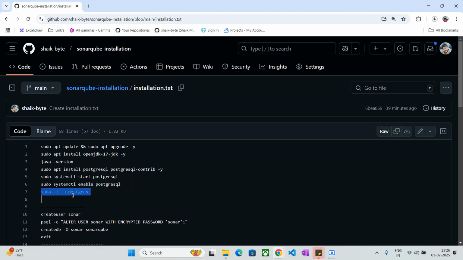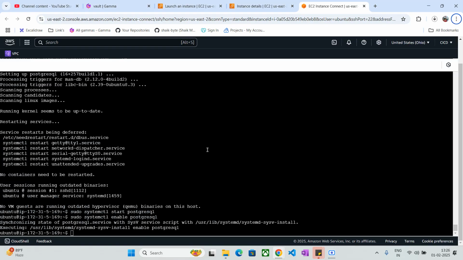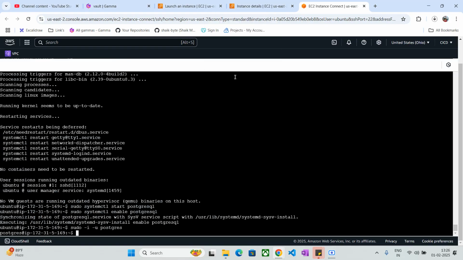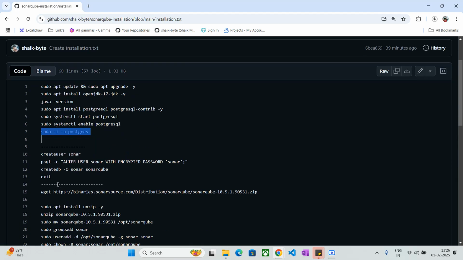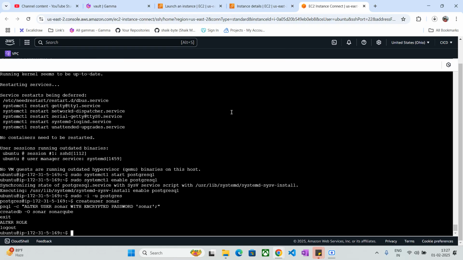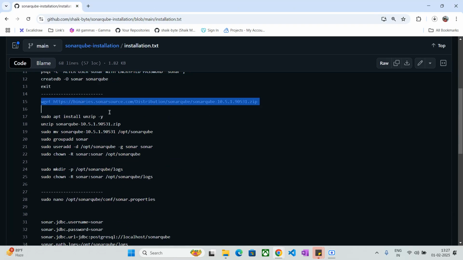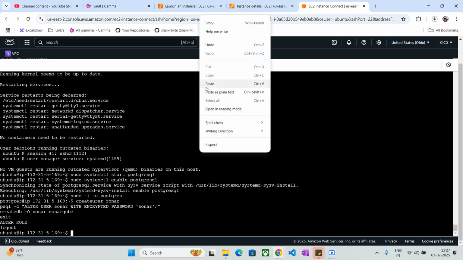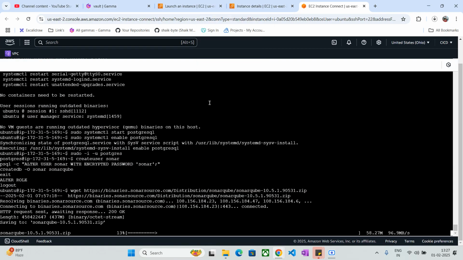And now we'll log in as the PostgreSQL user, and let's perform this action of creating a user and giving the permissions. Done. Now we are going to get the binaries of the 10.5.1 version of SonarQube as a zip file. We're going to download that,